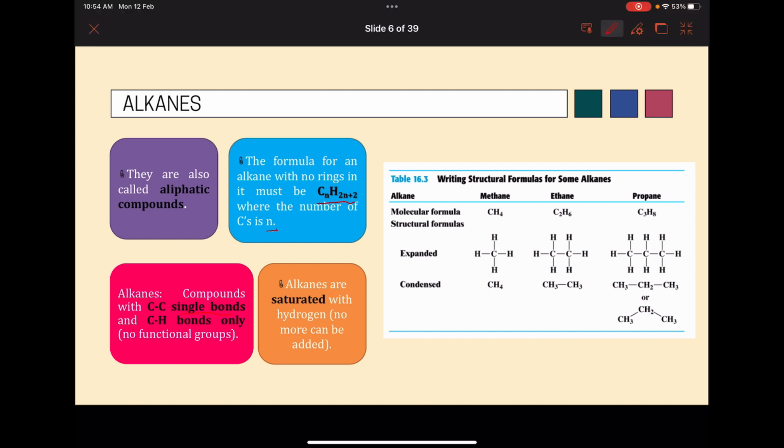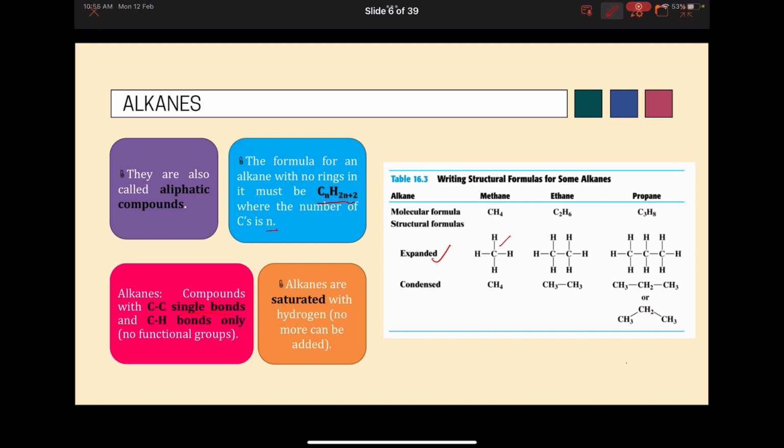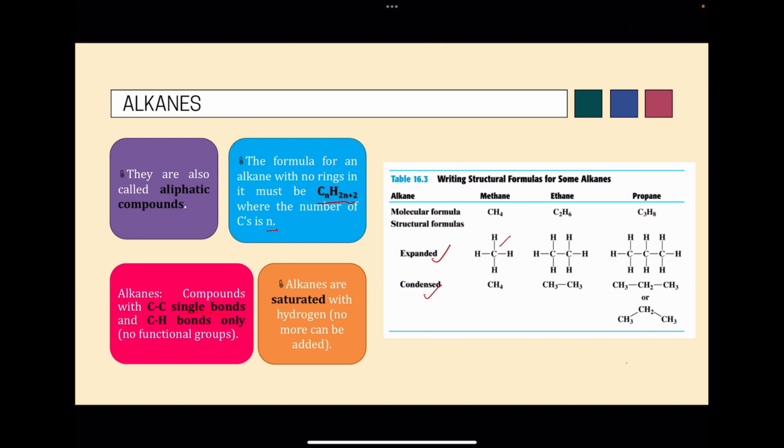If you can see at table 16.3, there are several ways to write the structural formula of alkanes. For example, methane, CH4, you can write down or draw the molecular formula in expanded structure, and then you need to show the bond between carbon and hydrogen. Or you can write down the molecular formula for methane in the condensed structure, which is CH4, which means that the carbon is bonded with 4 hydrogen atoms. Another example,